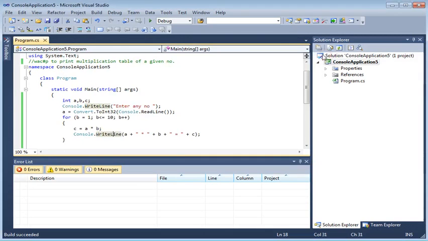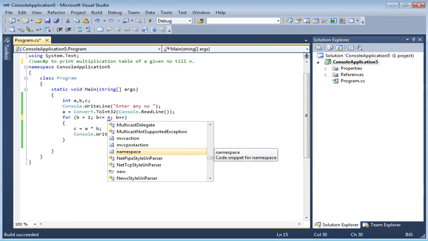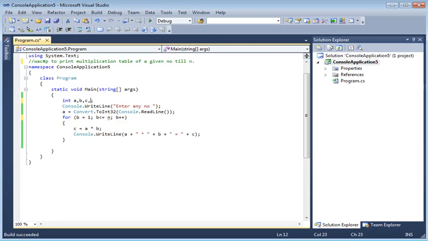Okay, suppose in this case I will enhance the question. Write a C# program to print the multiplication table of a given number till n. So what is n? Suppose here we are trying to print the multiplication table till 10, and in place of 10 we can provide n, and that n we are supposed to input. Okay, so here I am giving enter a number,